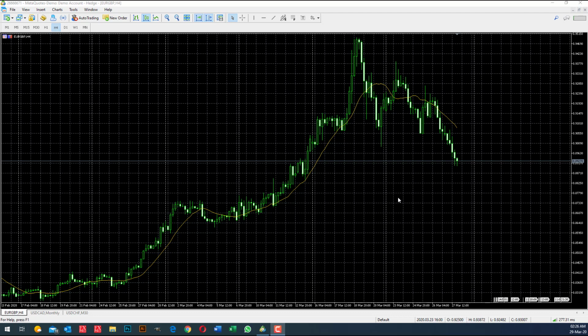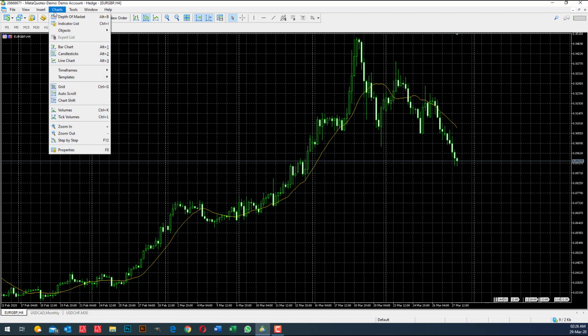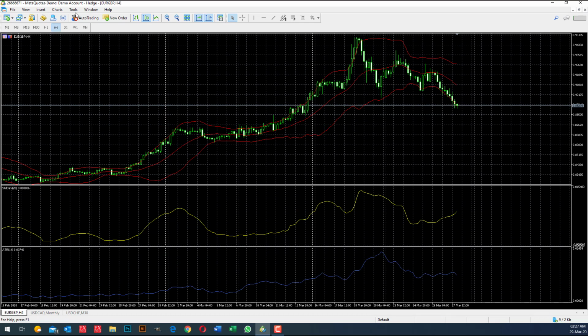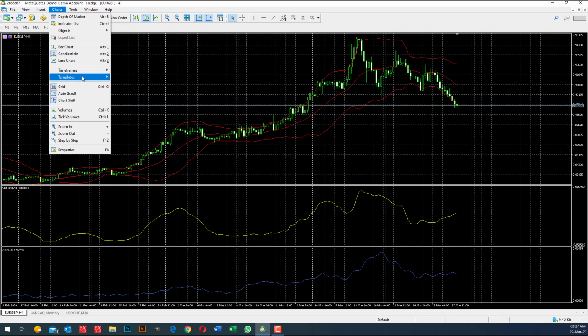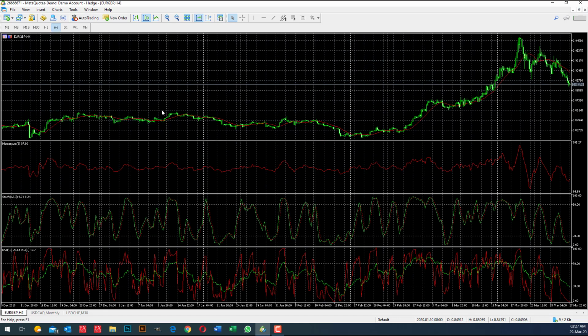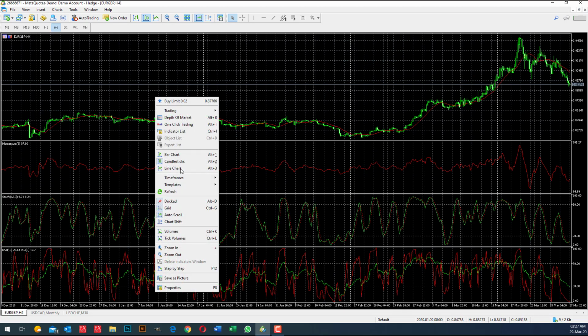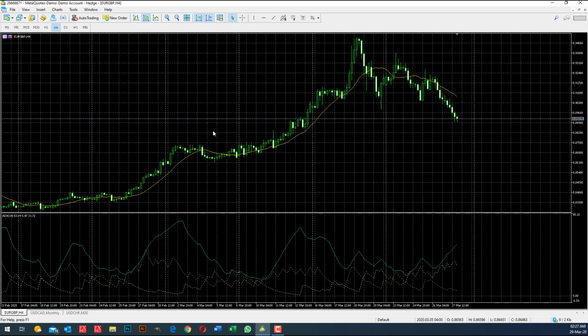Under normal circumstances, it comes with default templates, which you can find from charts. Then you right click, and you show all the templates that come with it, like ADX. But now